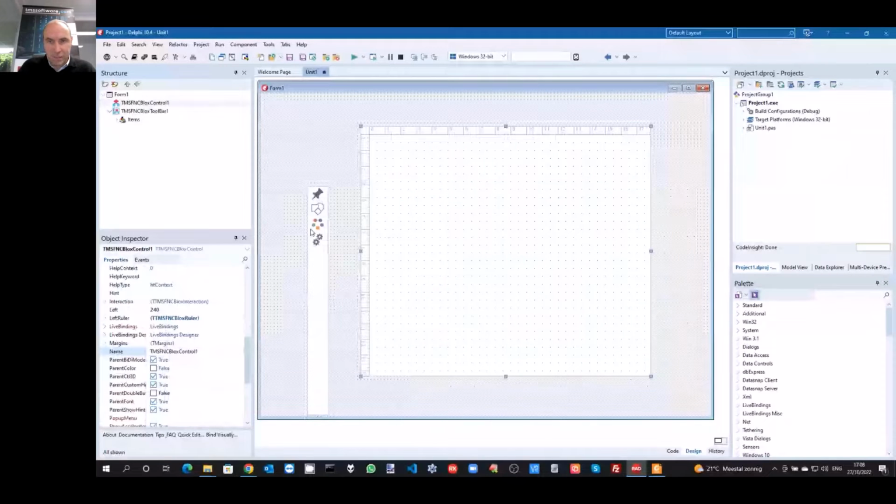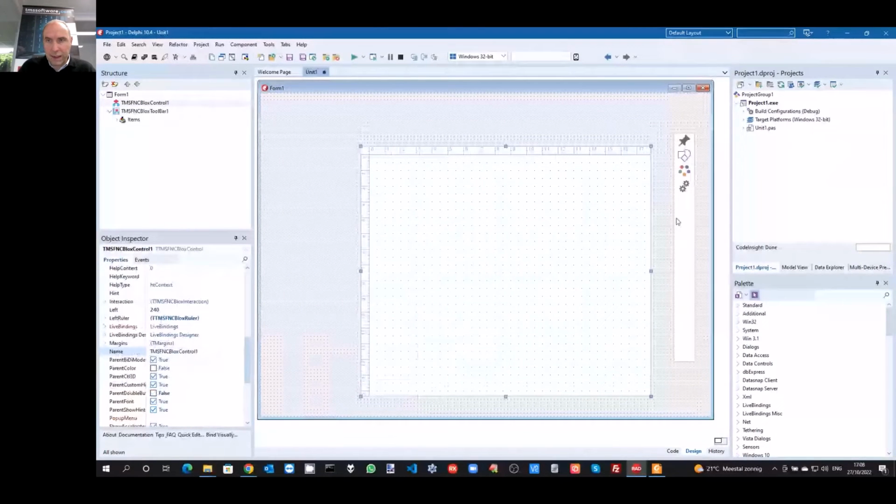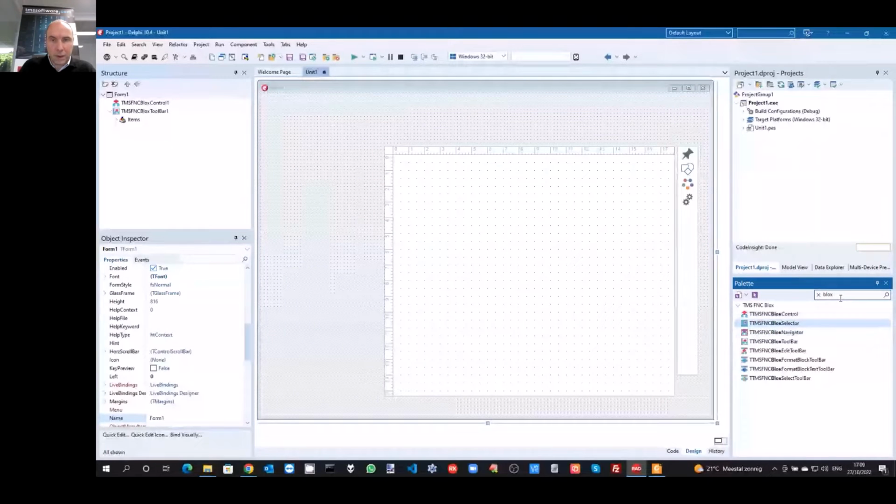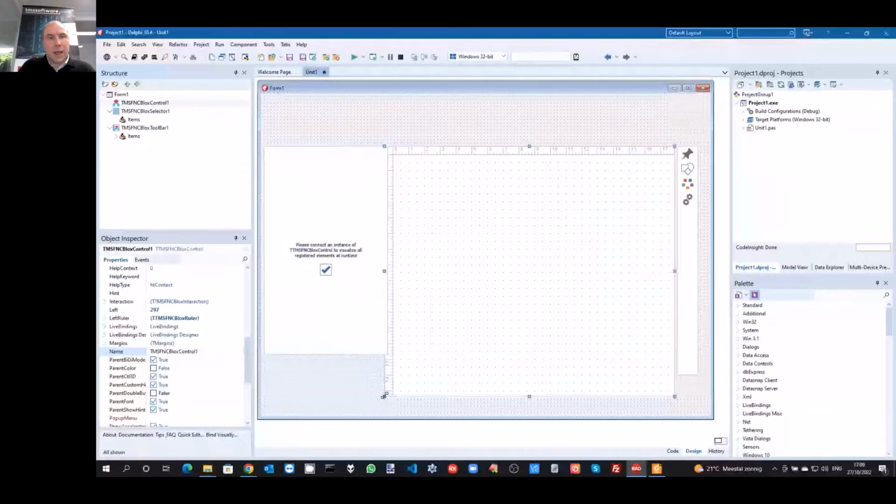So here is the FNC blocks toolbar, and maybe we can also already directly add the selector to the form like this, and make this a little bit smaller like this.